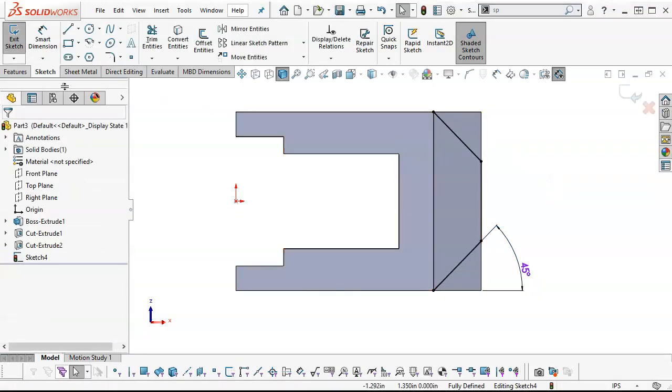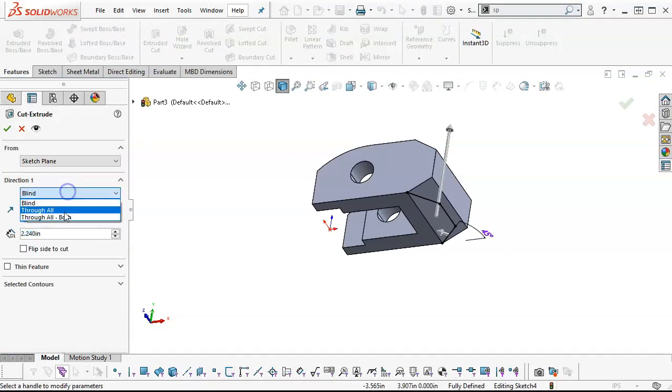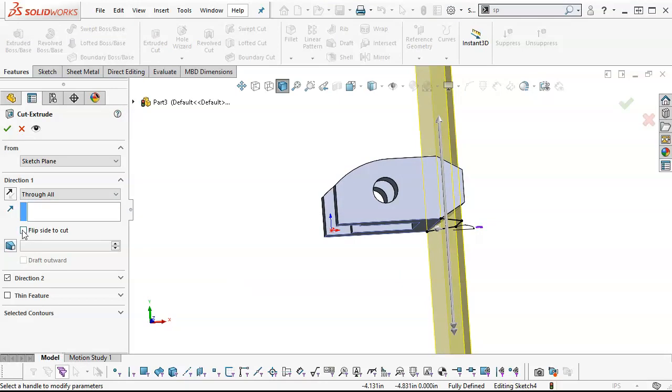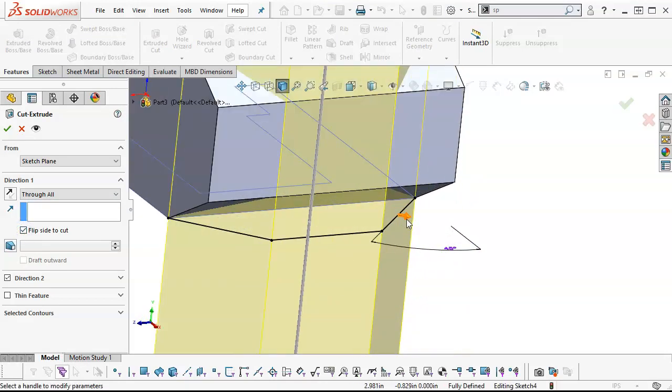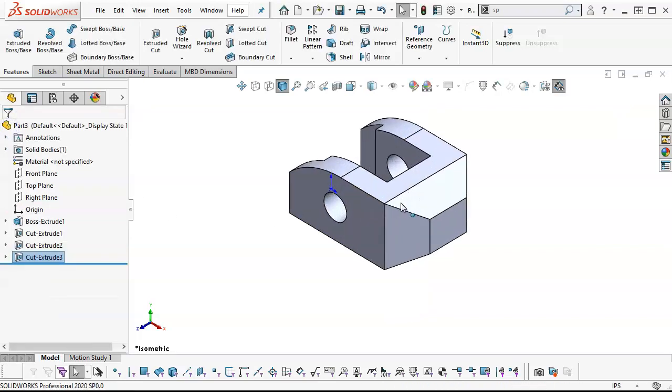Okay, also an open profile, so features, Extrude Cut, through all. My direction is on the wrong side, so we need to flip the side to cut or double click on the arrow. So if I double click, highlight in orange, double click, that's going to give me the flip on the